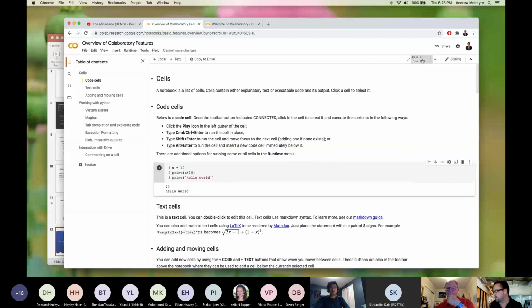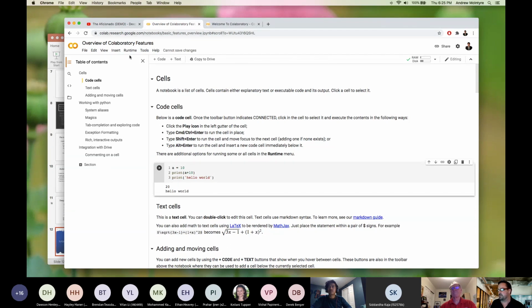In order to do so, make sure you're looking in the upper right of this window for the little green check mark that says you're connected to the back end. So the cloud service is connected, and you have some RAM and some disk space, and there's a computer behind this notebook. Otherwise, you're going to find that your cells won't run.